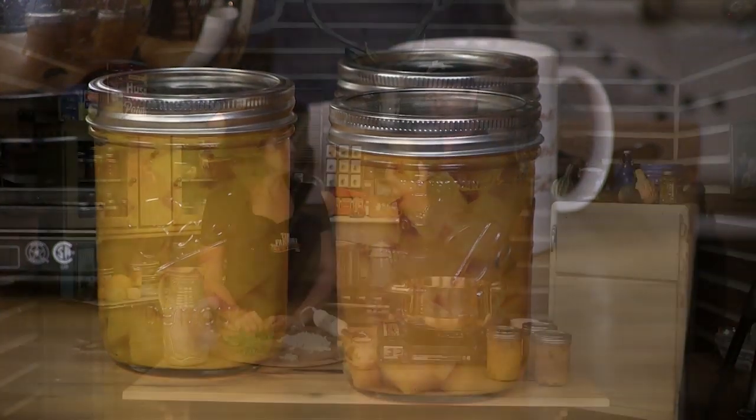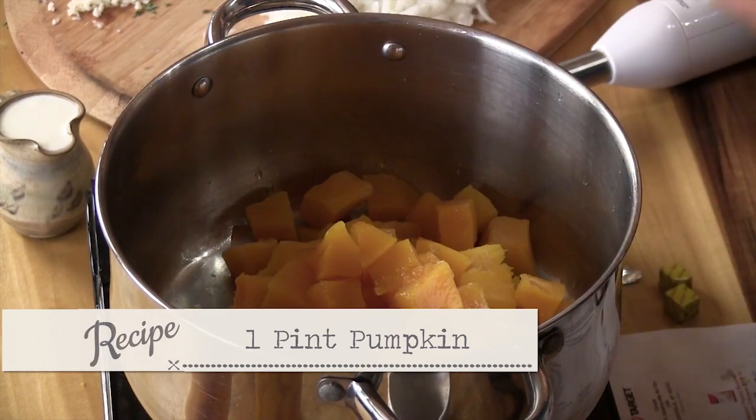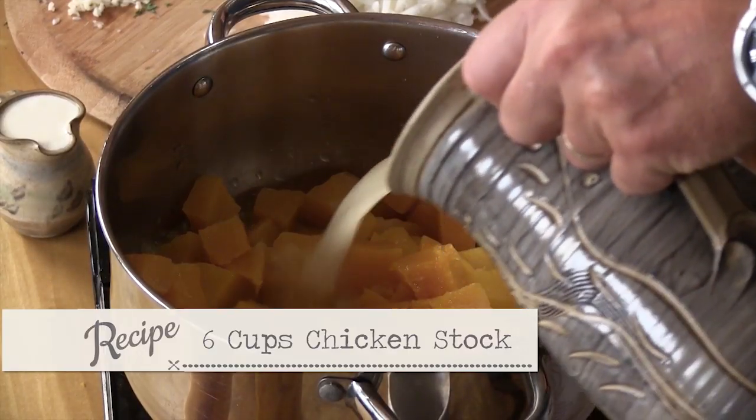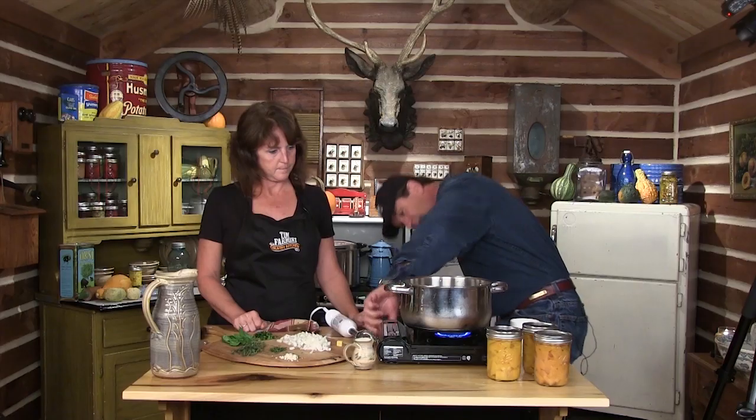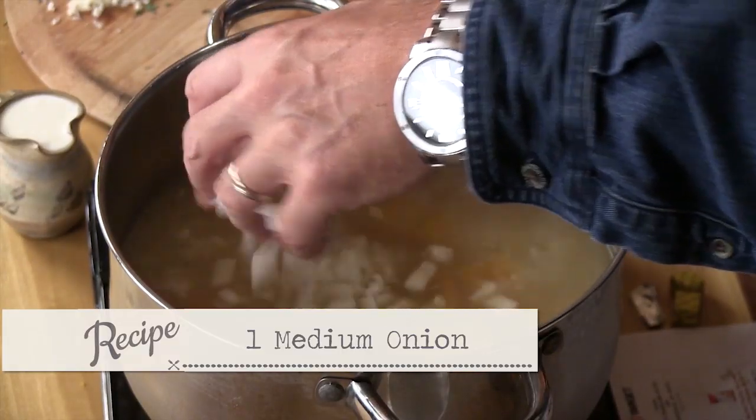But here we are. Here's our wonderful pumpkin. We need 4 cups of that. Now you can see they're still in pieces, but once we cook that, we're going to puree that. Now we're going to come back with 6 cups of chicken stock. You remember when you're boiling your chicken or crock-potting your chicken, save all that good stuff. Now we're going to bring this to a boil, and we're going to put in 1 medium onion, finely chopped,